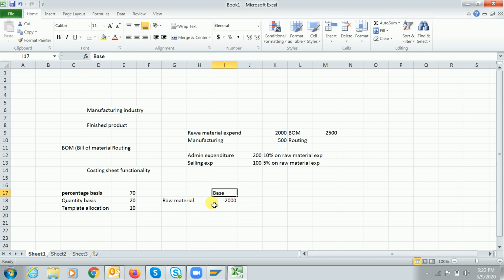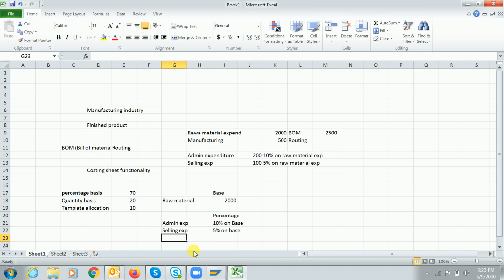Once we are done with the base, in my next step I'm going to maintain percentage. Here, administration expenditure 10% on the base, I'll maintain like this. And next one is selling expenditure. I'll maintain 5% on the base.